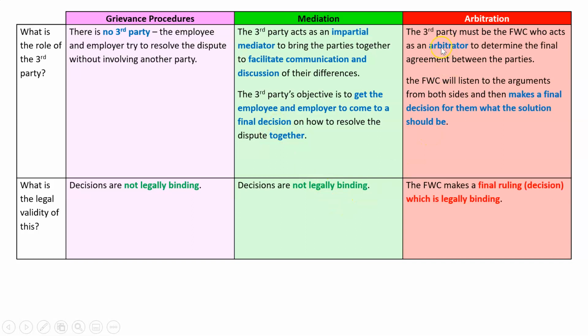Now, with arbitration, the arbitrator rules and makes a final decision for the parties about what the solutions should be. Therefore, a key difference is that the final decision by the Fair Work Commission is legally binding. You have to stick by that. Both employees and employers are bound by